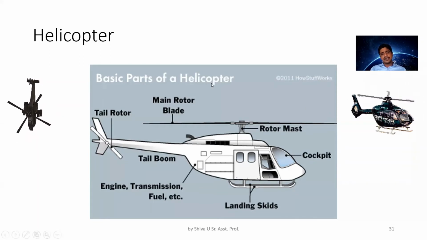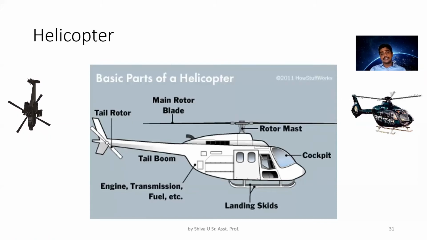As far as the helicopter is concerned, this is a rotor wing concept. That means the wing is not fixed in this case. This rotor wing is generating the lift to move the helicopter vertically upward. These crafts, called helicopters, don't need runways. They can lift up directly from the place where they are, so a long run is not required.